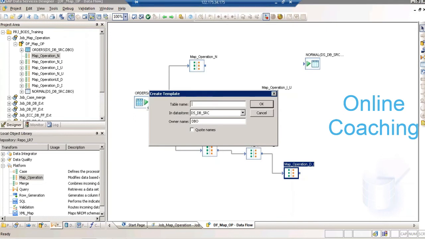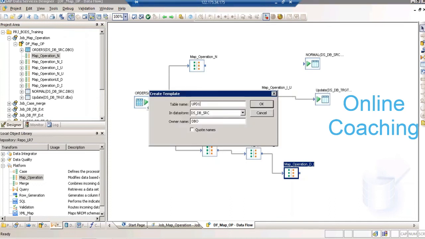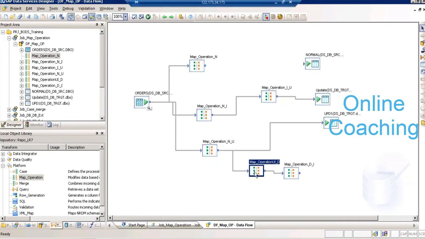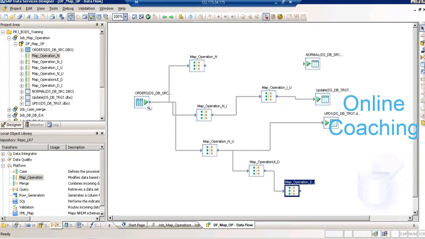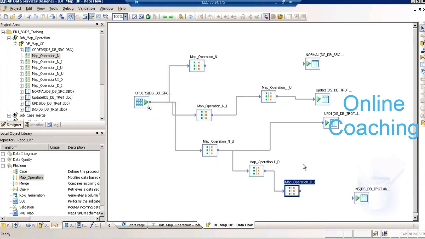You should keep a permanent table as a target so that your opcodes get pushed out to the target table. So this is update. This is, this is